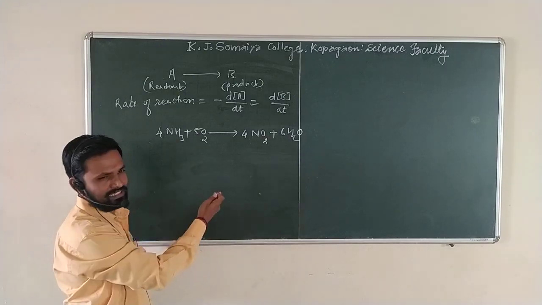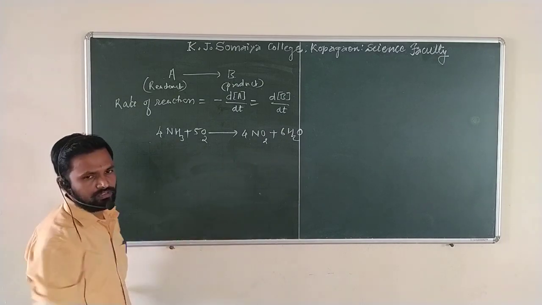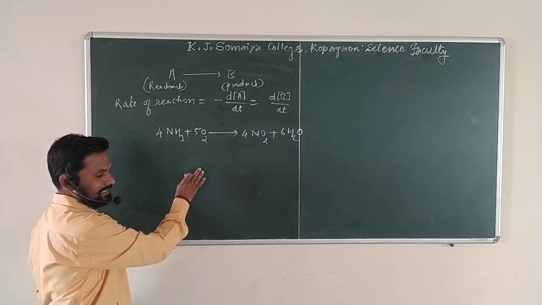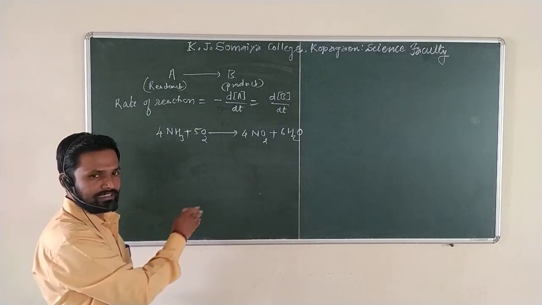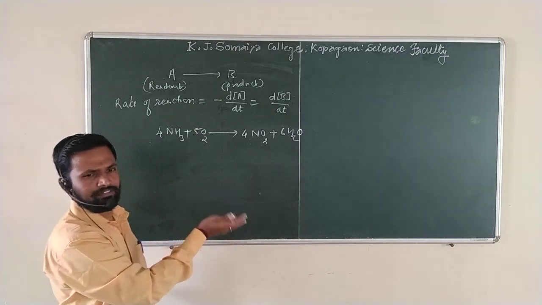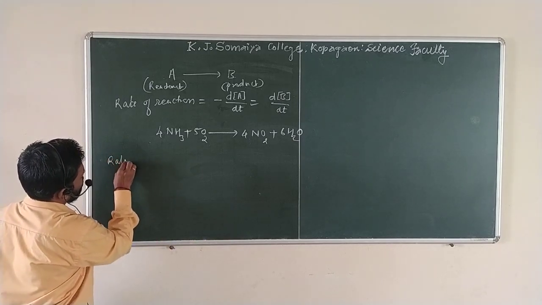This is a question previously asked in 2 times of examination. How can we write the rate of reaction in terms of both? Sometimes it is asked as write the rate of reaction in terms of the reactants. Sometimes it is asked as write the rate of reaction in terms of the product. I will write in 2 ways. How rate of a reaction